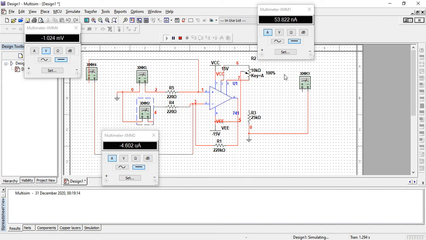Although here it's not really working with the variation of this potentiometer. You actually nullify your